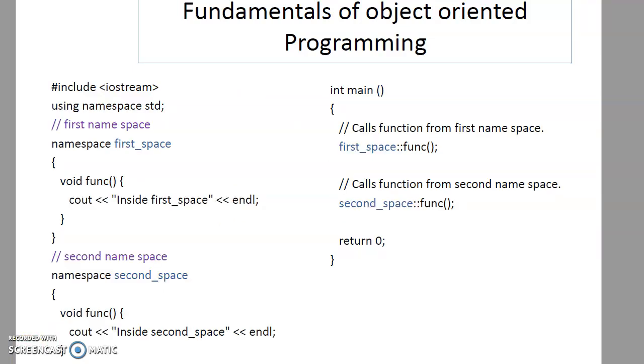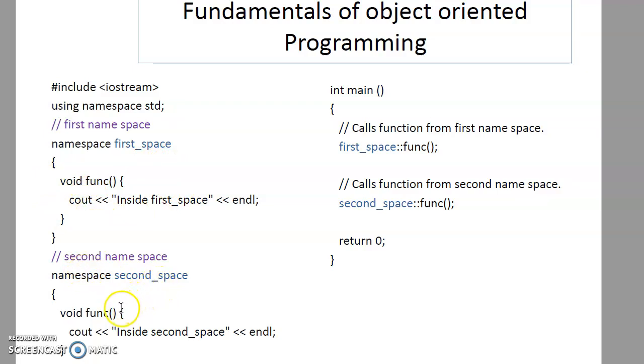This is a sample program showing the use of a namespace. Using namespace std, then we have declared a namespace first space, with opening and closing curly brackets, and within that a function func. Then there is a second namespace with the keyword namespace and the name second space.